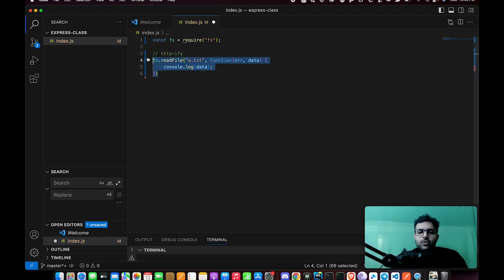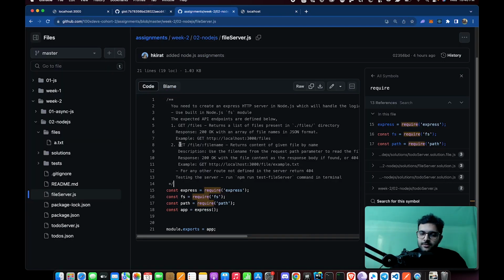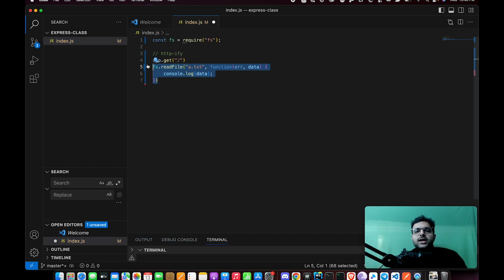Okay, bhai, put this inside a bunch of app.gets based on the requirements here, and expose this functionality over HTTP. That's effectively what HTTP servers are, right? Be it ChatGPT server, be it our hospital management system that we created. All of these are just simple logic exposed over HTTP, and fs.readFile already gives you the logic to read